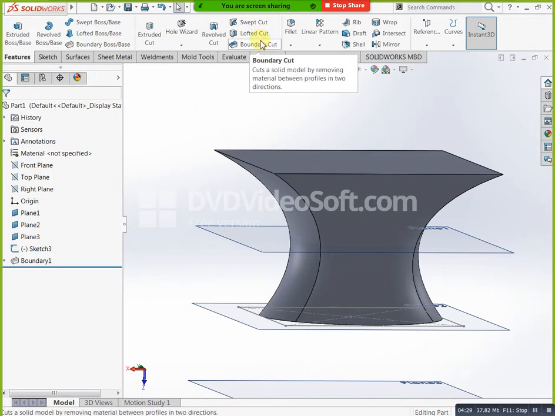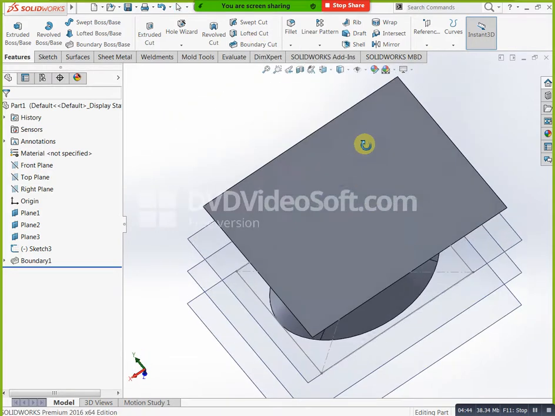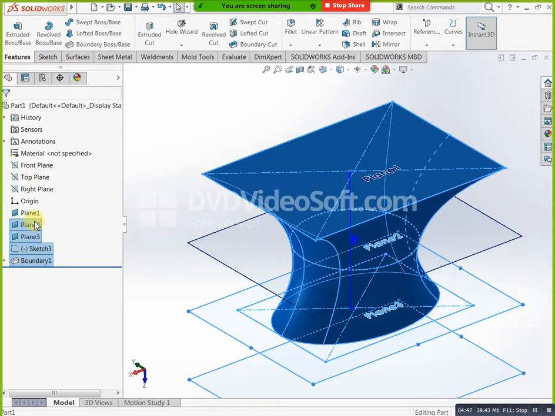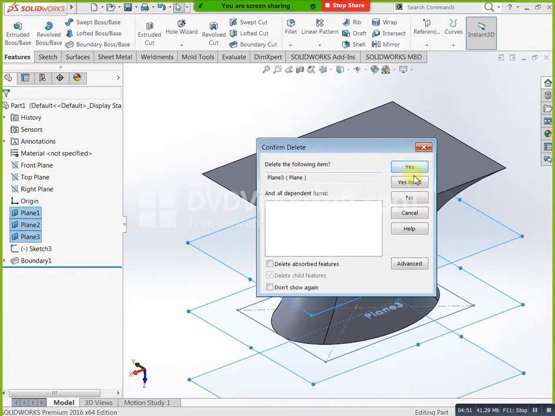For that removing portion purpose we need to create two profiles in two directions. You can try boundary cut also, same as well as like this. Delete. Now we completed boundary boss or base.